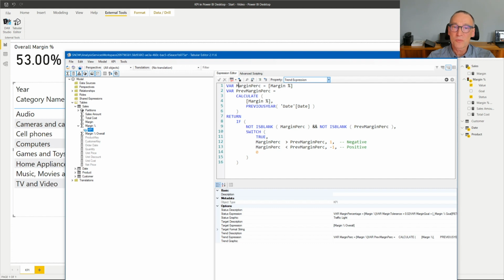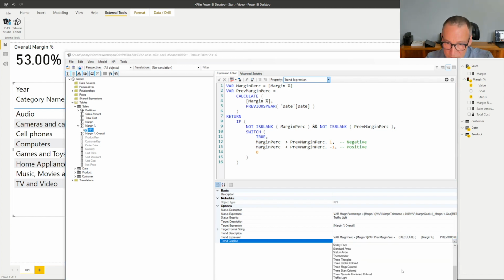I first compute the margin percentage, the current value, then the previous margin percentage, the margin percentage in the previous year. And once that is done, I compare the margin percentage in the current year against the margin percentage of the previous year. And if the percentage in the current year is greater than the previous one, I return 1, otherwise -1, otherwise 0. Again, this is just computing a number. I need to choose the graphical representation of this value, and I do that by choosing the trend graphic, for which I use a standard